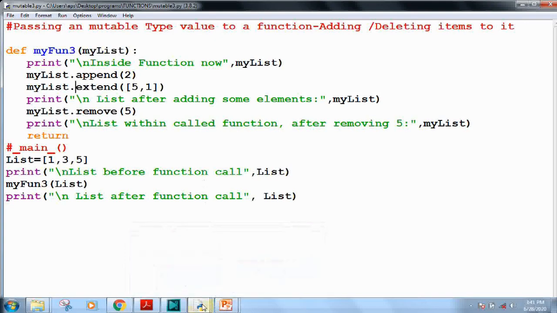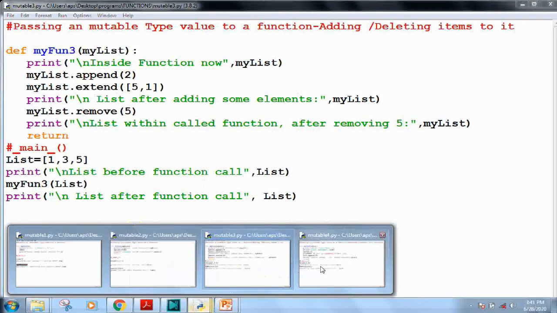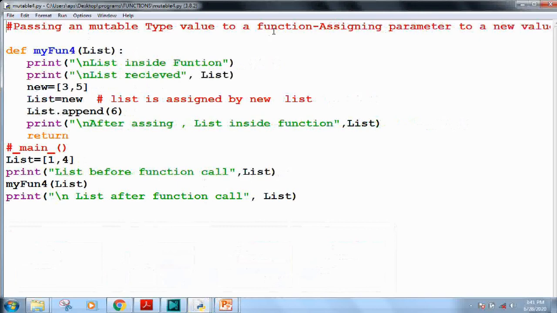But what happens when we assign new values? For example, to a mutable type we are assigning a new object. In this case, I am assigning a new value to a list. For example, the list initially has the elements 1 and 4. When I pass it, I create a new list here and assign this new list to this name.